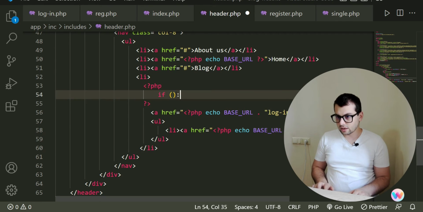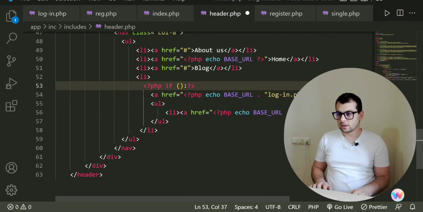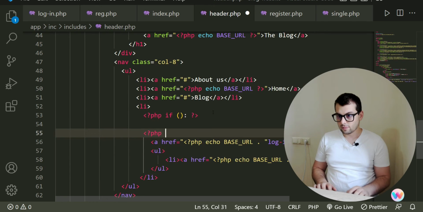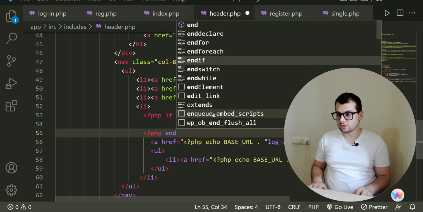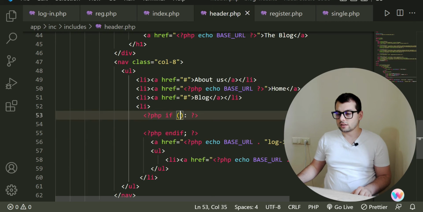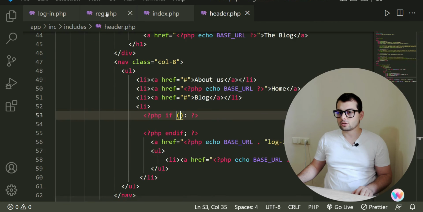And after if, I put this sign, and I'm gonna close the PHP tag because we need to output HTML in between. And right after it, let's also put endif, just to make sure that our if condition is met fully. And here it is. And here what we are gonna do, if our session variable is true, which we have done in our reg.php,